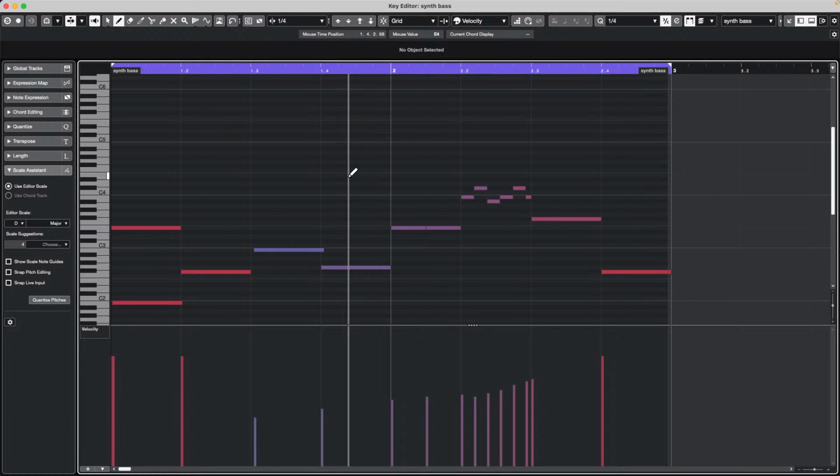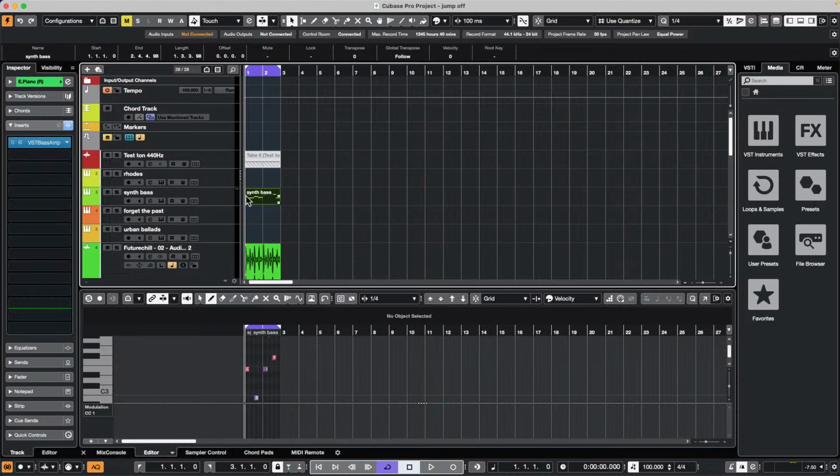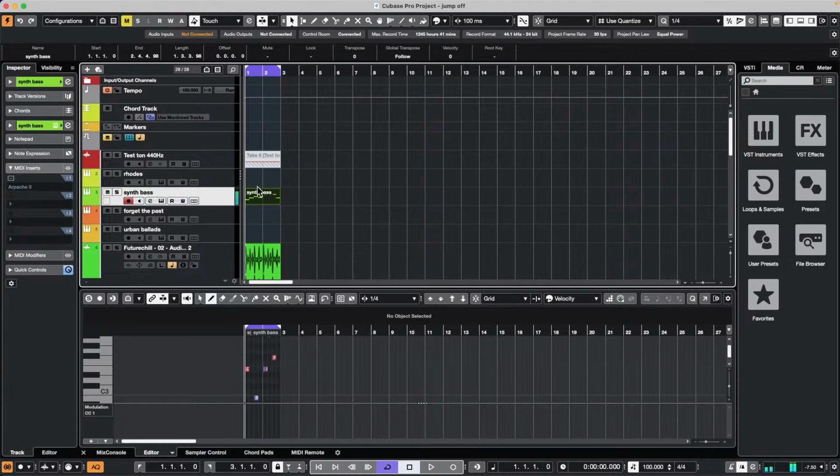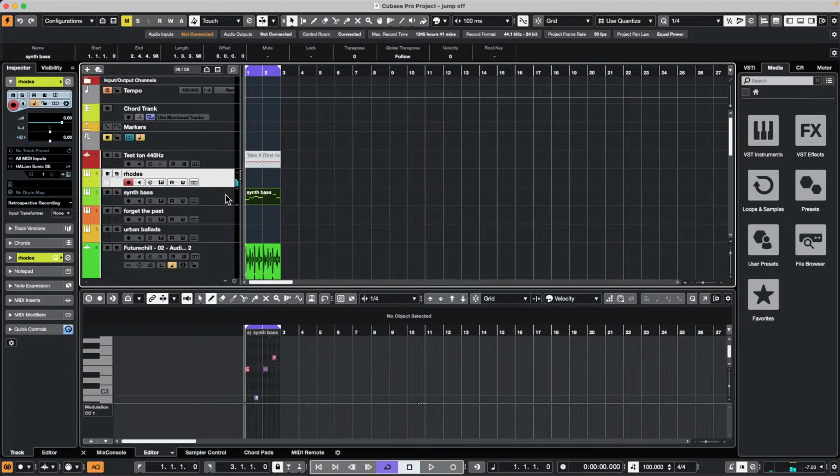All right, so we have a question. How do you set up two MIDI keyboards to have different sounds? Okay, so let's say if I wanted this keyboard, so if I have like, let's say my synth bass and a Rhodes. Okay, so let's say I'm here. So I have two different sounds. So if I wanted one keyboard to play this Rhodes patch, and another keyboard to play this, but not both